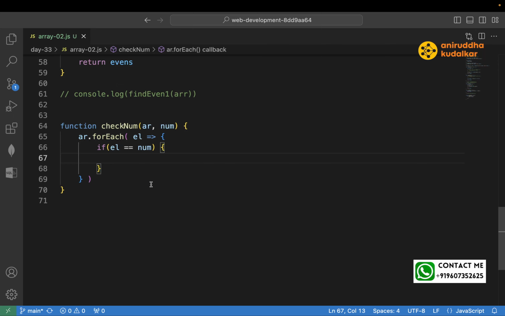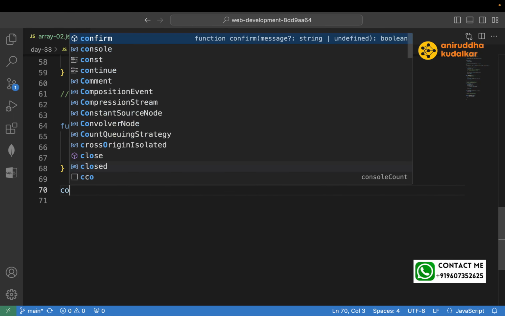And if exactly equals, see, what am I returning? Return el exactly equals to what? num. So it will either return true or it will return false. So let's do that. Console.log